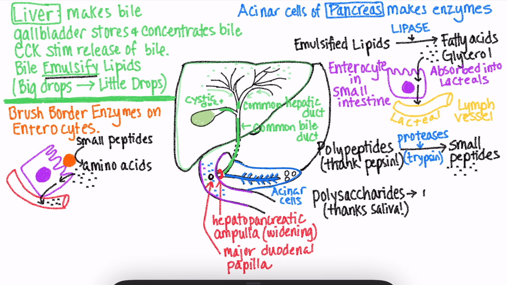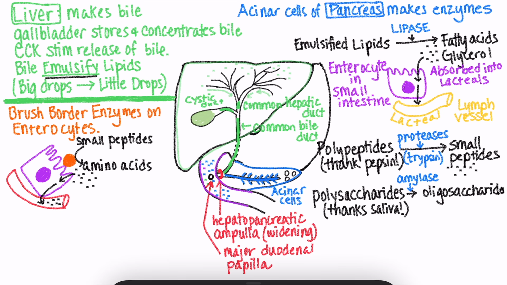Polysaccharides are broken down into smaller oligosaccharides by none other than amylase, which we've talked about before, but it's also made by the pancreas. So then it can drip, drip, drip out into the duodenum to help break down starches and other kinds of